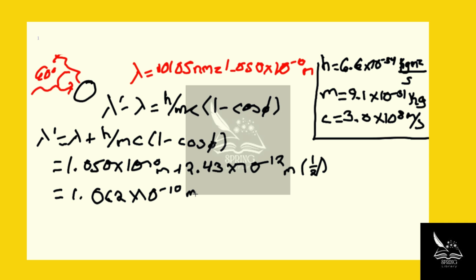So now that we have this new value of lambda prime, let's look at the momentum of the system. Let me just redraw this sketch so we remember. We have the electron, photon comes in, photon scatters, and this angle is 60 degrees. Okay, so let's start looking at the initial momentum of the system. So in the x direction, our initial momentum, hitting the edge of the whiteboard there,